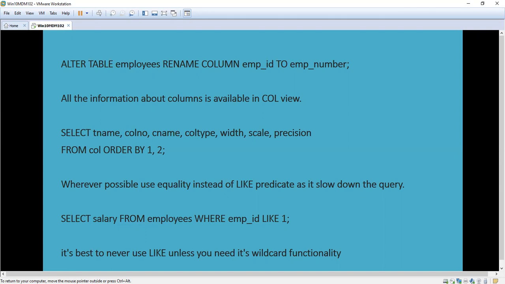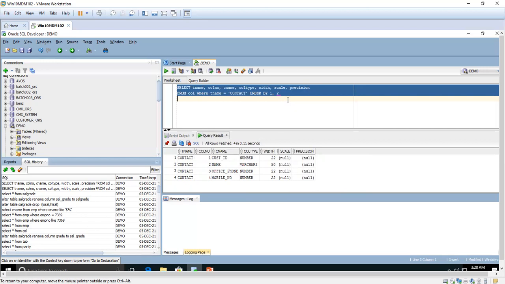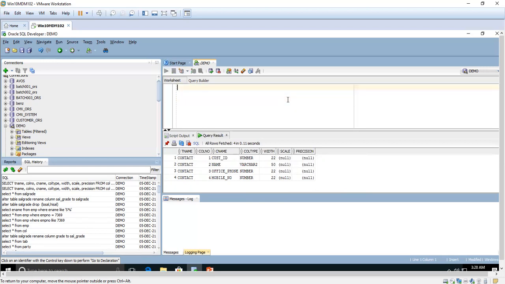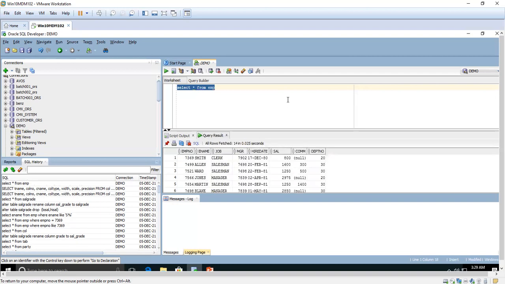Okay, and for your information, whenever we query any table and are going to select from the table by using the equality operator, for example, we need to get the data like this. Okay. I will show the example. Select star from EMP. Here we are having the employee details. And if you want to know the information of one particular employee, that is employee Smith, I'm going to use the employee number here.